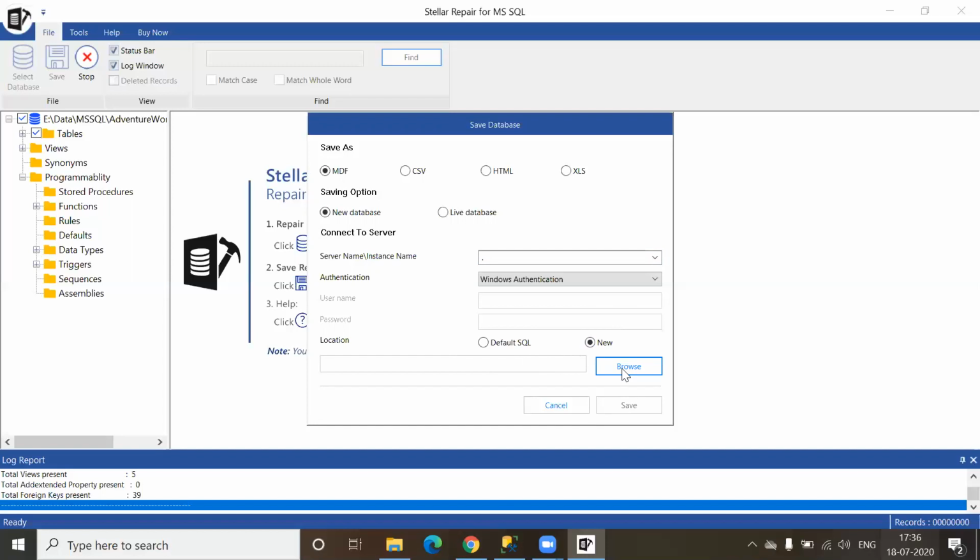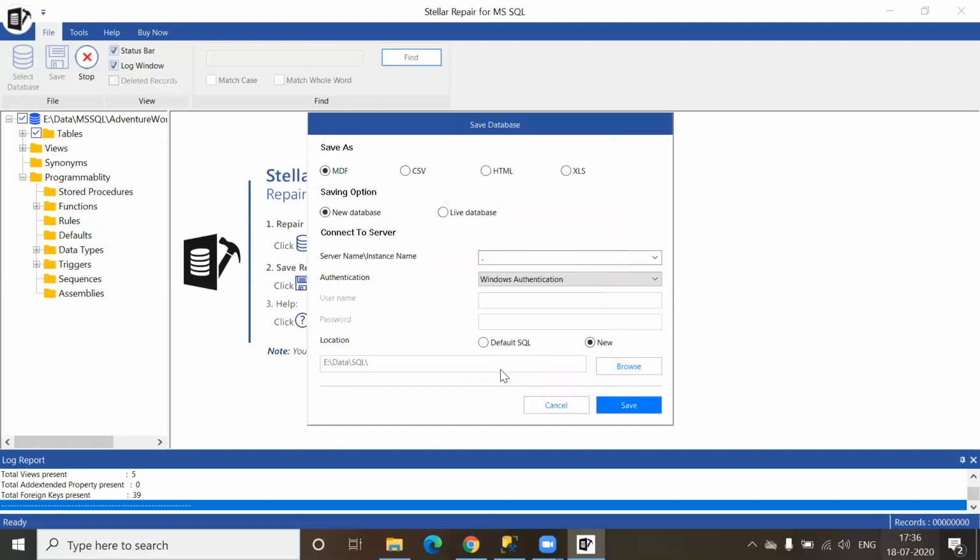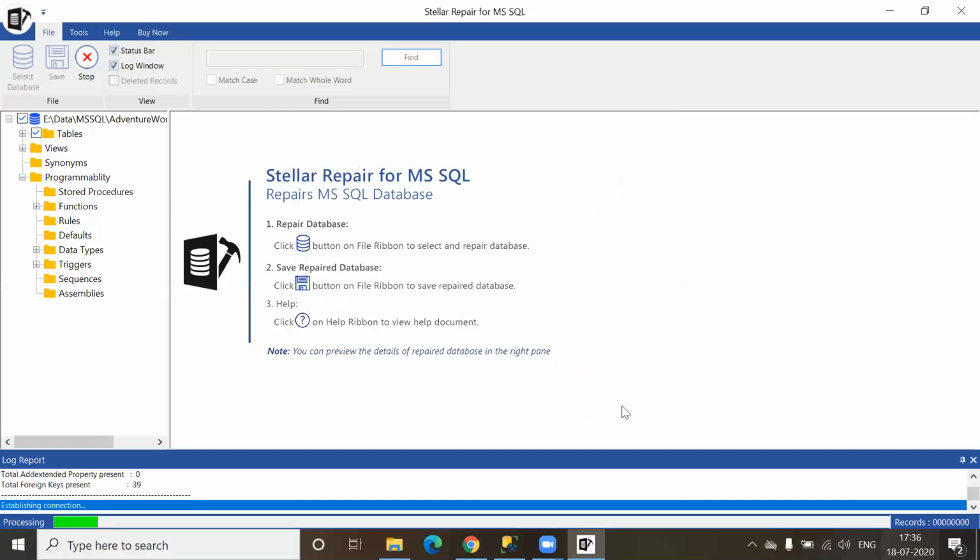After selecting new location, you'll have to click on browse and go to the location where you want to save the .mdf and .ldf file. I'll go inside eData and SQL, and then I'll click on OK. Then I'll click on save, and it will take some time, maybe a few minutes.